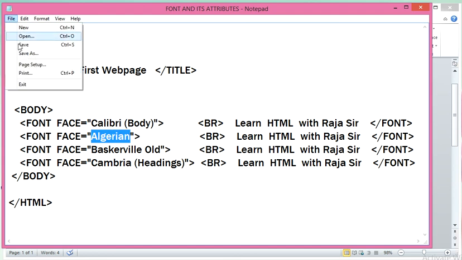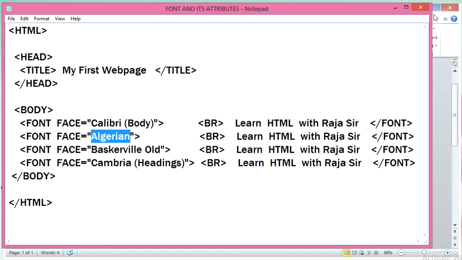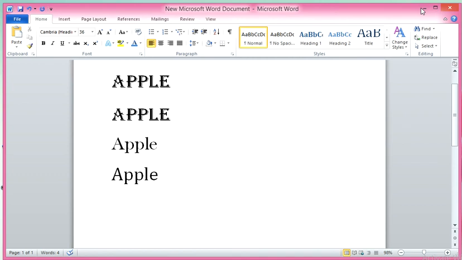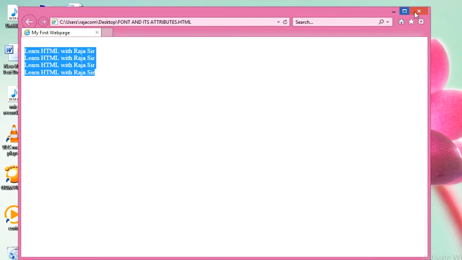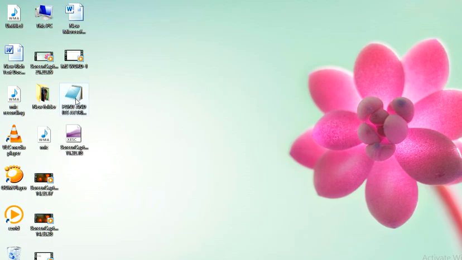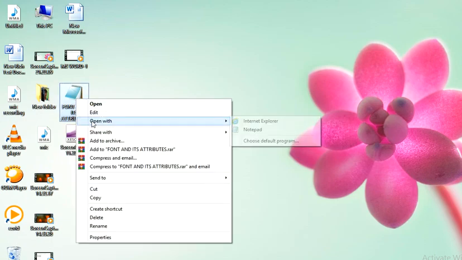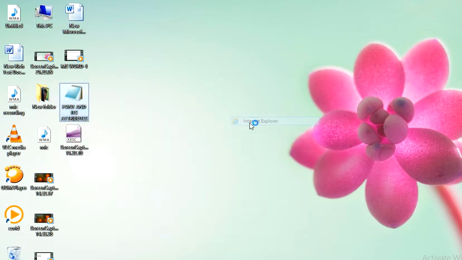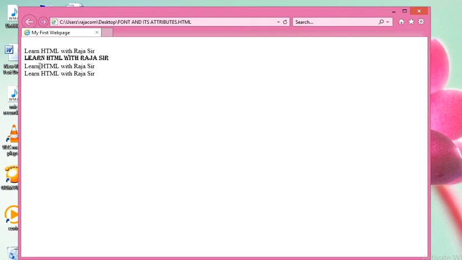So everywhere just this double quote value is changed, different faces we have written. Okay, now save it and open this file, or you can refresh it also, but I will reopen it. Open Internet Explorer. Okay, now you can see different appearance for all.